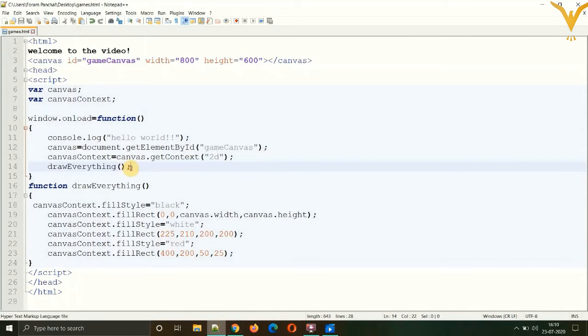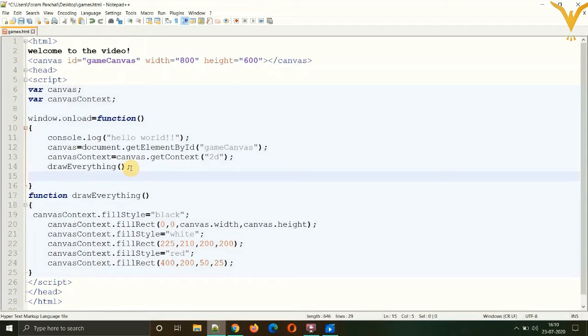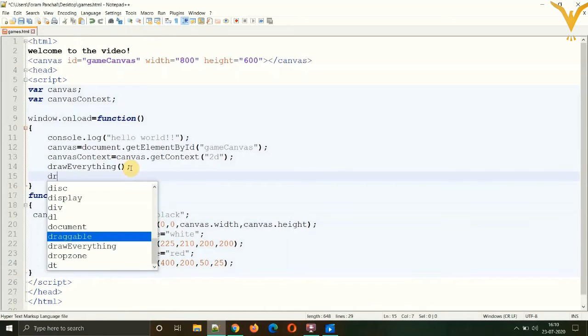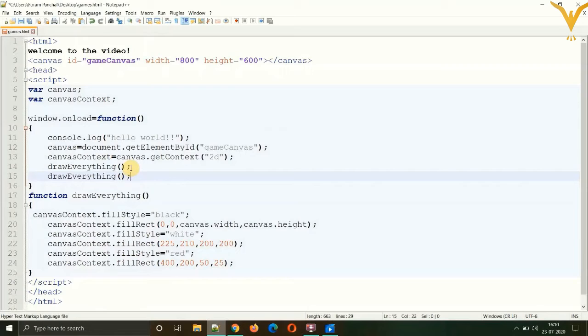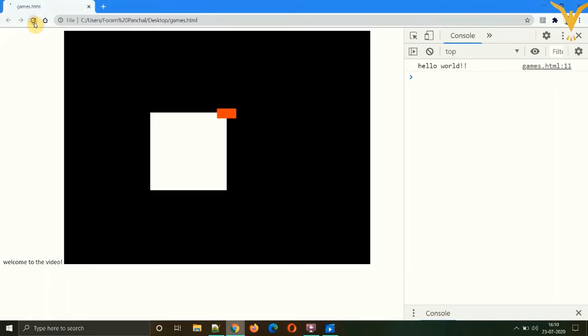Now, the benefit of creating functions and using them is that you can call them any number of times and in different places of your code. Now let's call the function again, drawEverything, in the same way, save and refresh. You will see no change. Though the function is being called twice, it is happening in a fraction of a second, so the computer and the display screen are not able to show it, and it is the same place, so you can't see the change.